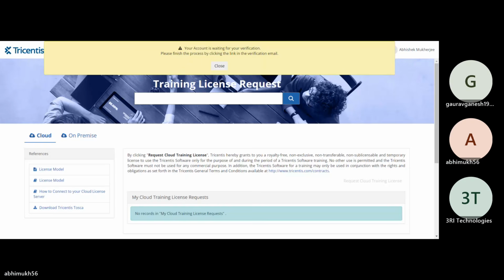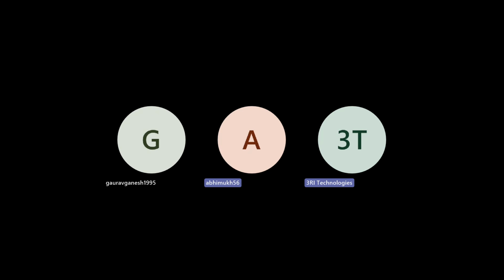Should I continue with this only, or should I log in with my personal email ID, because verifying from the email link is needed? Got it. Maybe you can create one more account if you want, and then verify it. You'll have to follow the same process using your official email address, and then we can continue with the installation process. For now, you can create a different account using your personal email address. Okay, just for downloading, right? Yes. Even if you do not use that account later, that's fine.